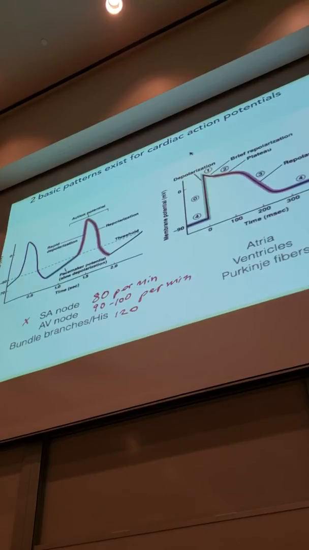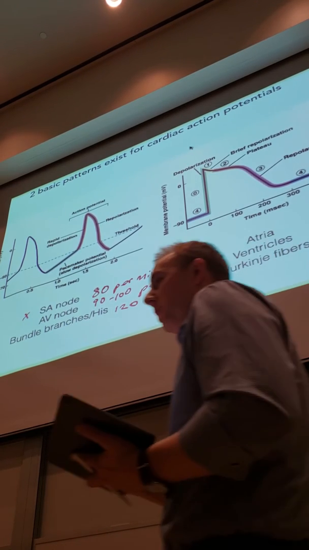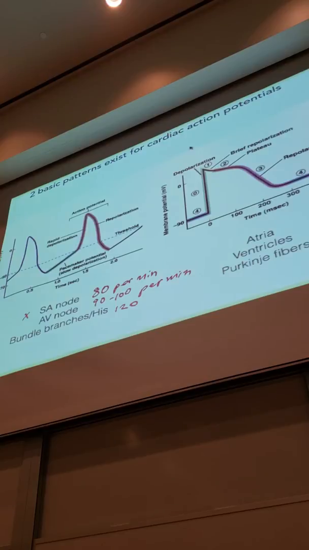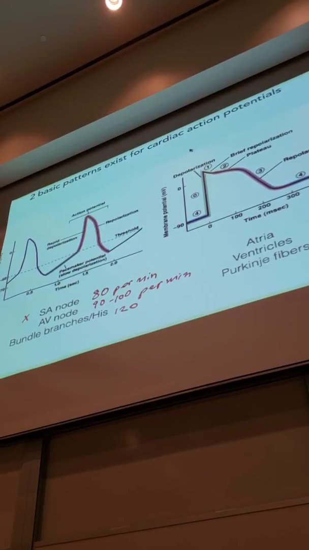As soon as that action potential gets to the AV node, that AV node gets bumped up to threshold and has its potential. So the AV node does not dictate the rate of the heart under normal circumstances. You said that AV node was slower, right? So then what is the AV